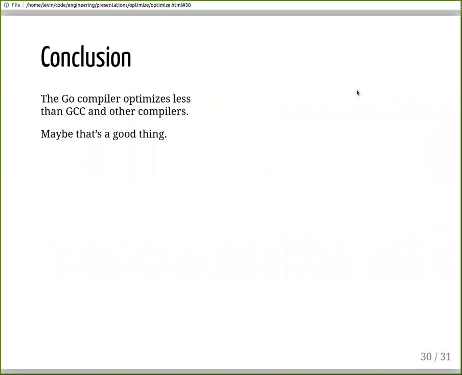His example was actually a function that was not tail recursive, and the answer was still yes. So GCC was able to inline this recursive function, even though it's one of the harder cases. So it looks like, at least to me, GCC, even from 10 years ago, was doing more advanced optimizations than Go,